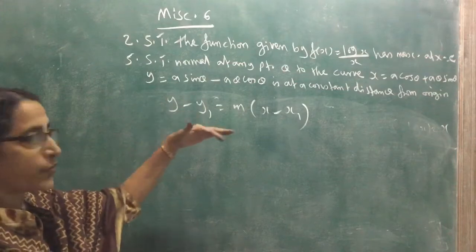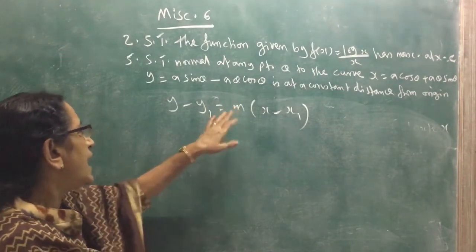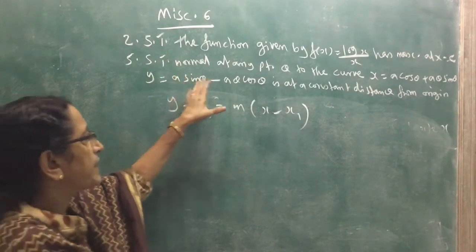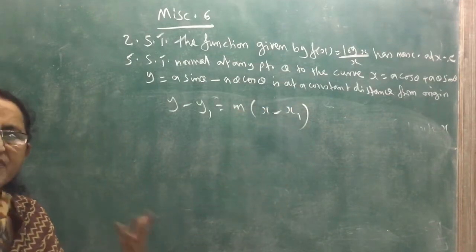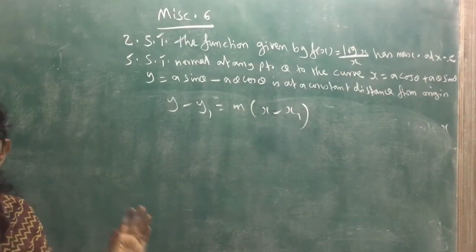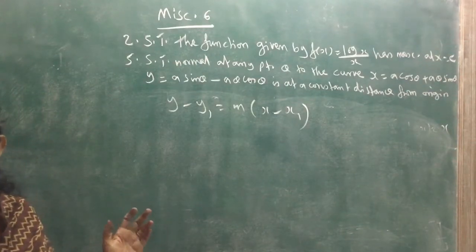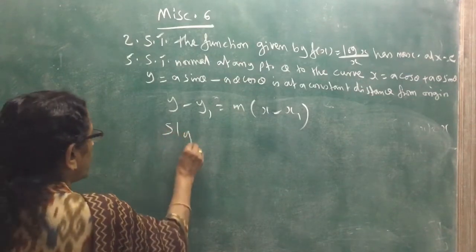So when we find the equation of the normal, here we have to write the slope of the normal, and x1, y1 we can write generally. To show that at any point theta the normal is at a constant distance from the origin, we find the equation of the normal. To find it, we have to find the slope of the normal. So to find the slope of the normal, first we find the slope of the tangent. We know the slope of the tangent equal to